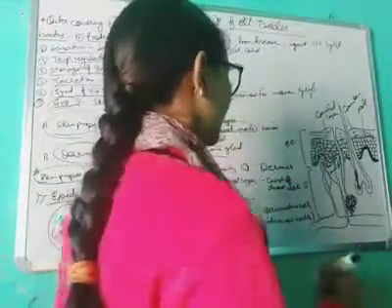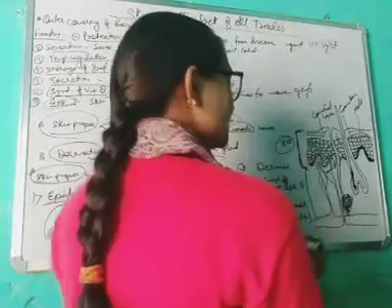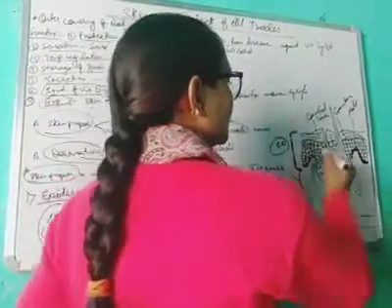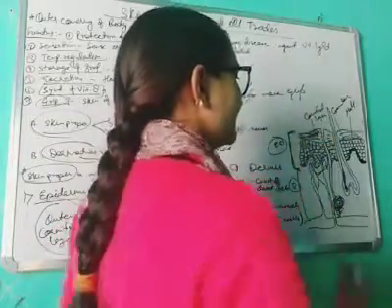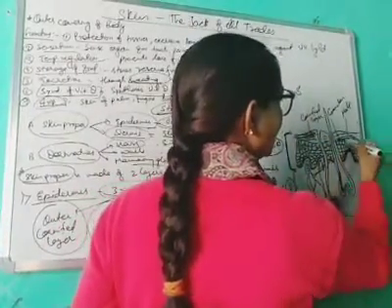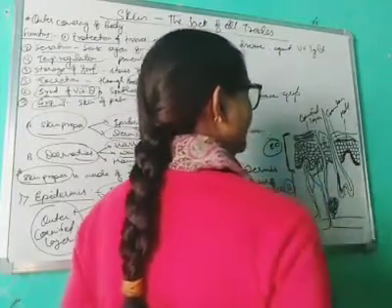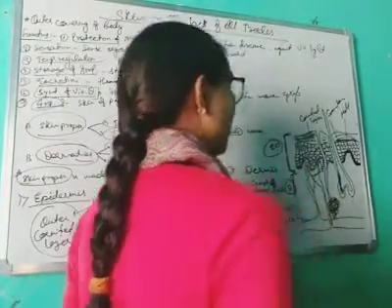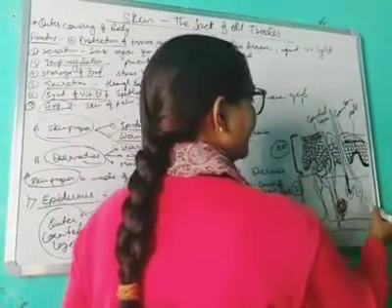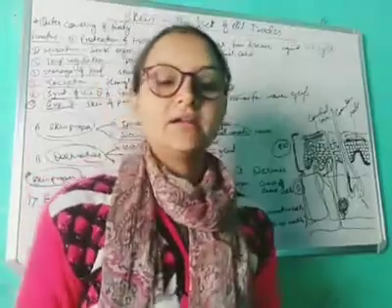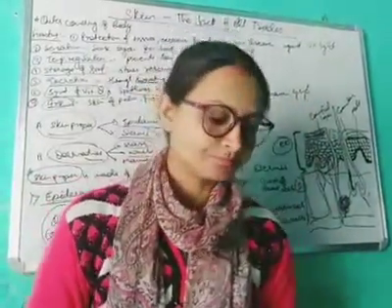Okay, I have found the diagram. This is the epidermis part, this is the dermis part. The upper part is called the cornified layer. Next there is the granular layer, and this one is the Malpighian, and the below part is the dermis. At this point we have the blood vessels and the nerves. From here the hair shaft starts to grow.